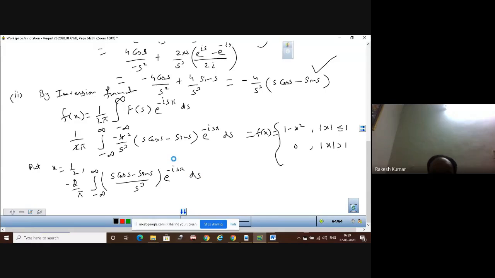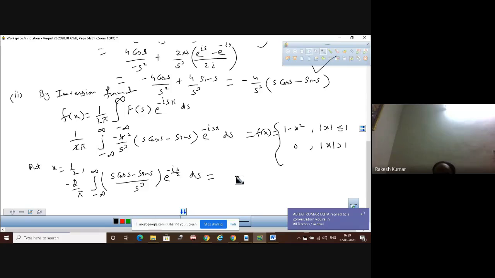We need to substitute the value of x here, and the value of x will be 1 by 2. Substitute x equal to 1 by 2 here. If you substitute 1 by 2, you will get e raised to power minus iota s by 2 ds,